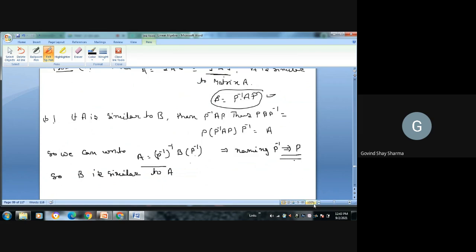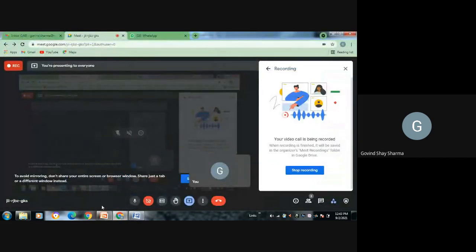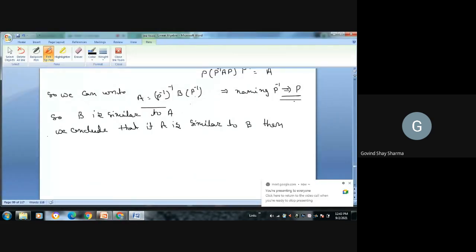So that means if A, so we conclude that if A is similar to B, then B is similar to C. B is similar to. Now